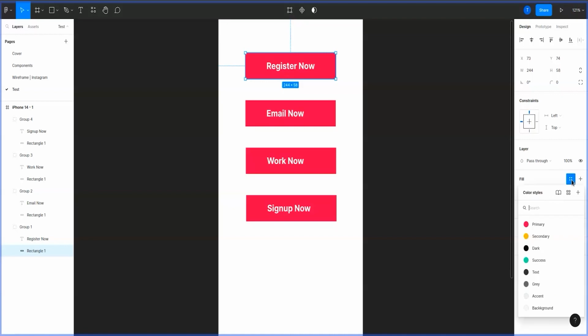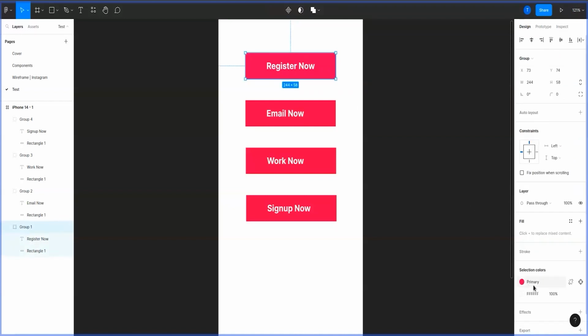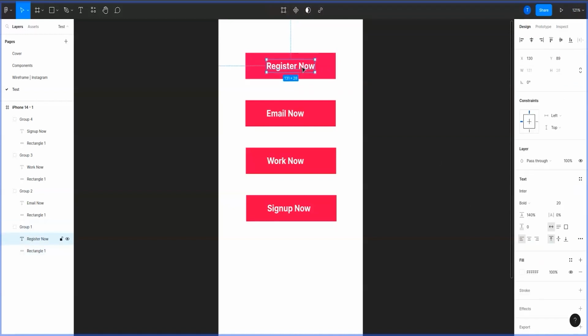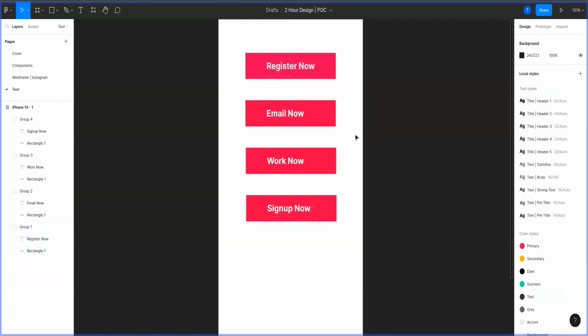Then you click on this button, and then you put color styles here, then you put a primary color. When you click, it is showing primary color. Okay, and for this text it is showing this color. I want the text to be accent. Okay, so I want it this way. So your primary color, accent and primary both are coming. Now